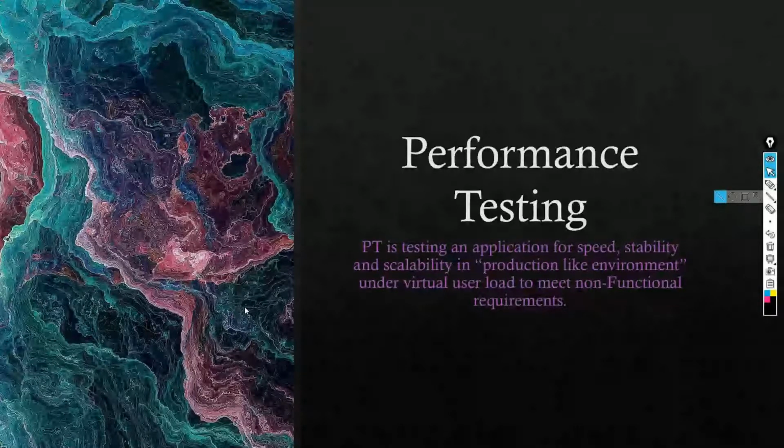So performance testing, or PT in shortcut, is testing an application for speed, stability and scalability in a production-like environment under virtual user load to meet non-functional requirements. This definition looks a little bit confusing initially, but later on you will understand.